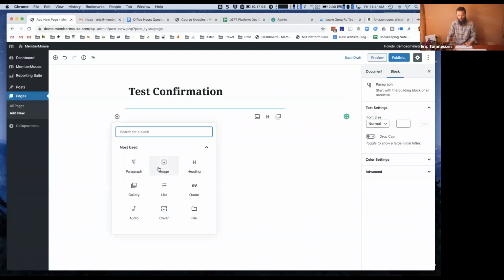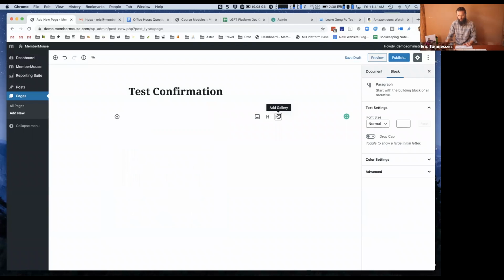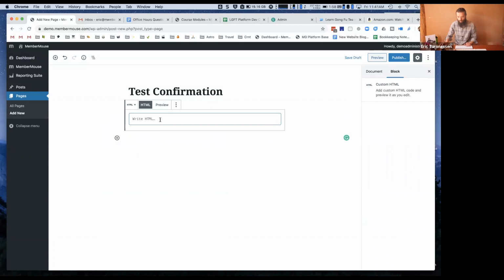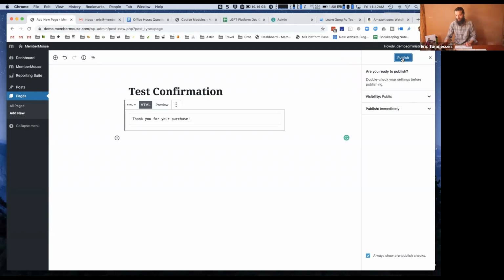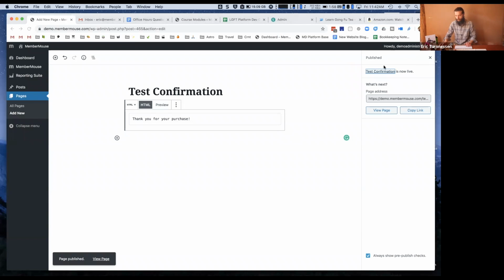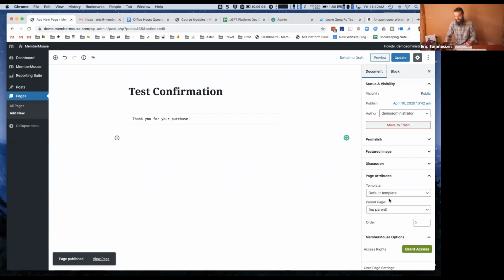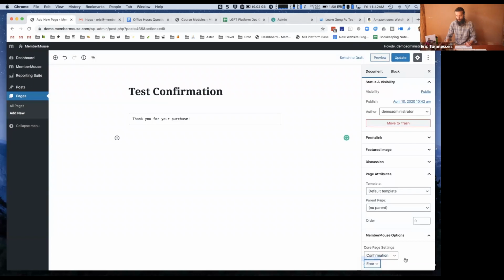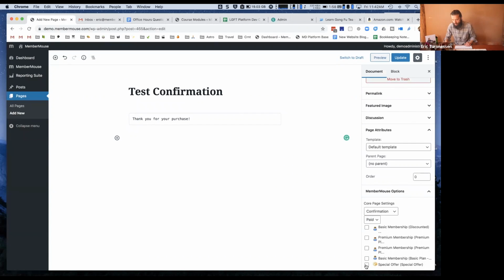And then just add something on this page. Okay, so publish that. And now if we go back to our page settings, you'll see down here MemberMouse options. So under core page settings, you'll specify that this is a confirmation page for paid product. And then it'll show you a list of products in your system. So if I specify for this special offer bundle that this is the confirmation page that should be used,